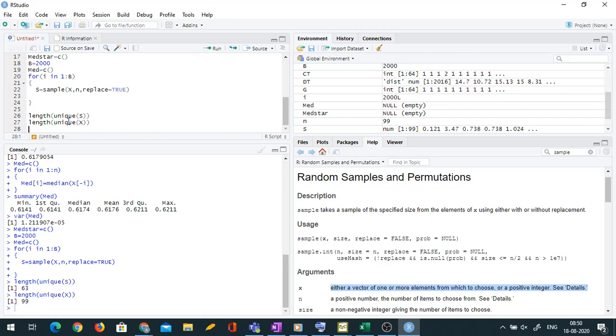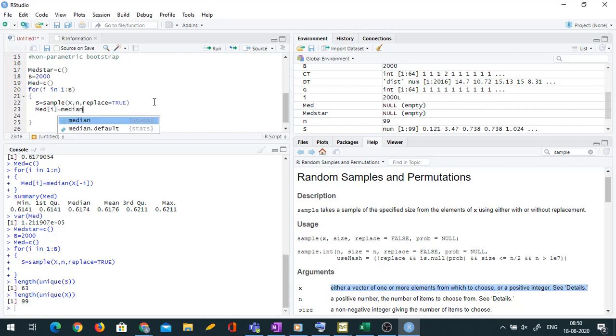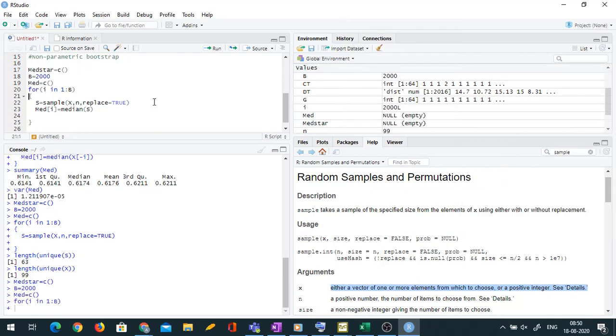Now that we have a sample, you have to compute the median. So we will just say med at I equal to median of S. Is it clear to everyone what we are trying to do? Let me run this. I've given the name med star.